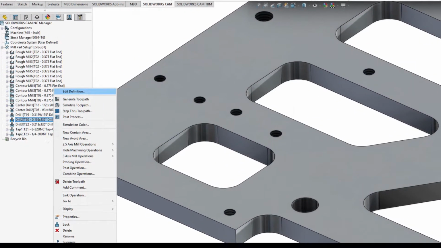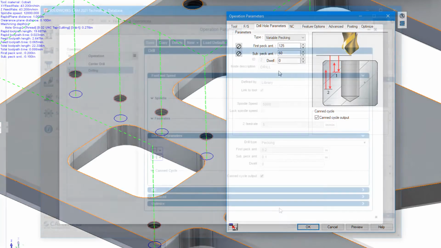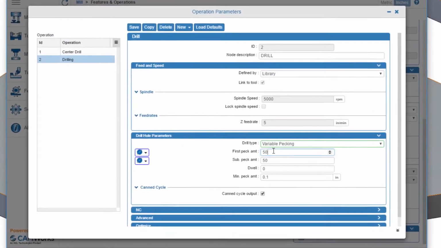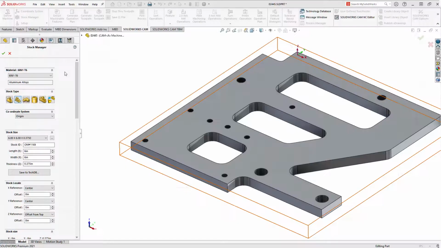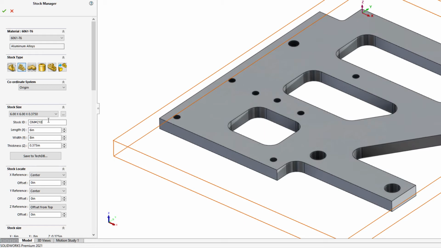New in 2021, you can define PEC parameters with respect to tool diameter or flute length. More control of point-to-point operations like drilling lets me capture best practices robustly. Of course, the technology database stores how you want to do it in the shop, and that means your preferences become the next defaults. As it turns out, there's a supply on hand of 8-inch bar, so I'll make the